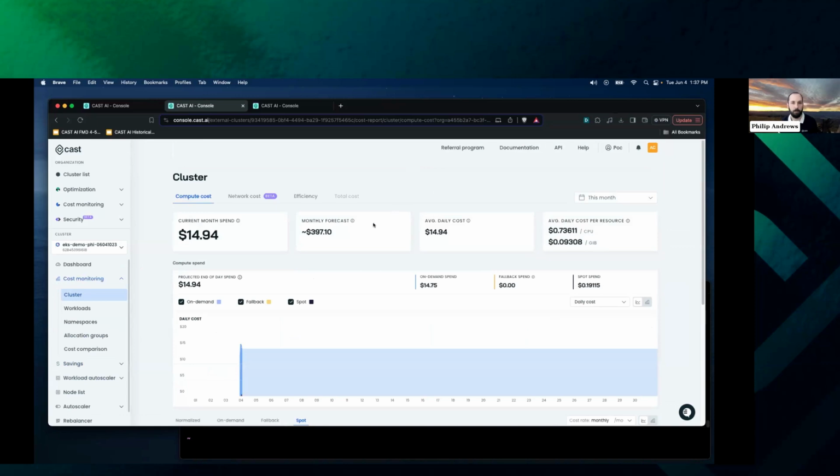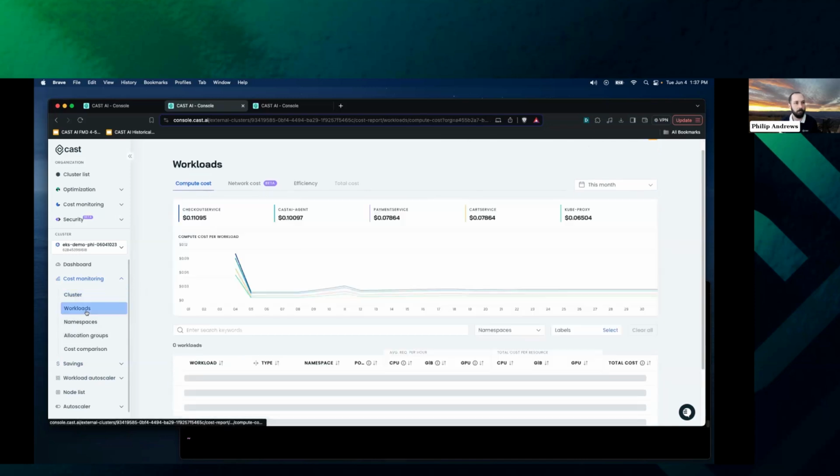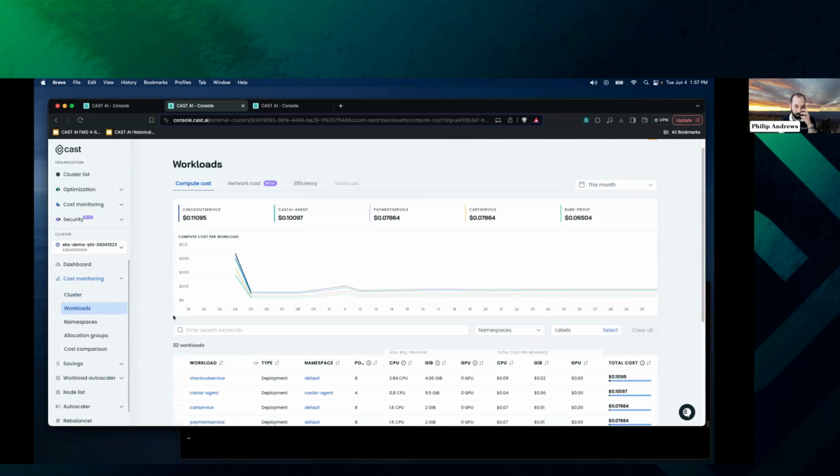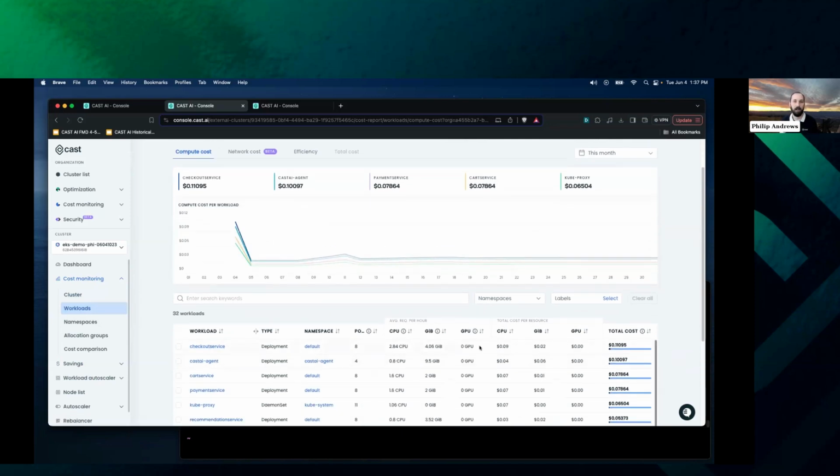So now if we talk about cost monitoring, the last pillar here and the thing I've touched on the least, we have cost monitoring for both the cluster level, but most people are interested in workloads and namespaces. If we take a look at the workload level, this is able to track the actual costs for each of the workloads in the cluster based on what their CPU and memory requirements are